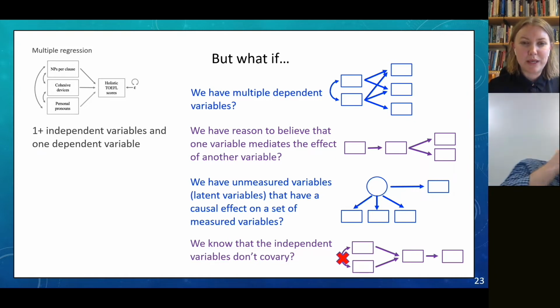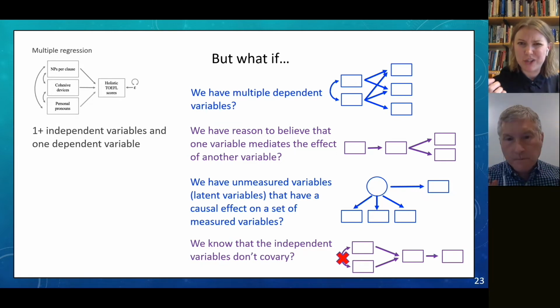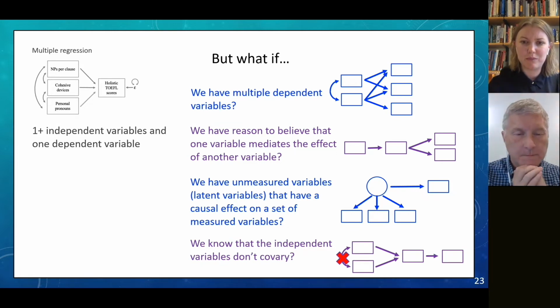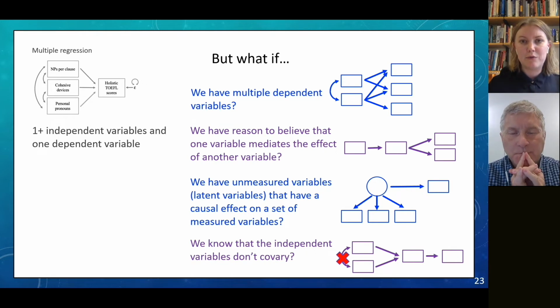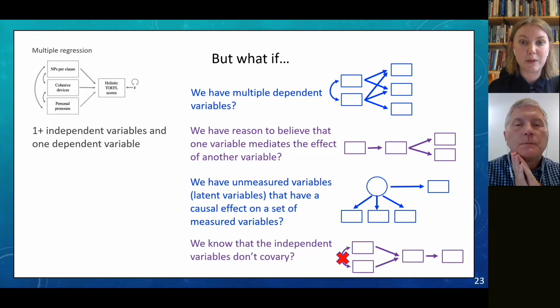And also, what if we know that the independent variables don't actually covary, so that we shouldn't be connecting them like that, where we have something like, I don't know, weight and frequency of adverbials, that it just doesn't make any sense for us to say that they're likely to covary, and yet we do in regression in a way that we don't have to do here, unless we believe that there is such a relation between them.